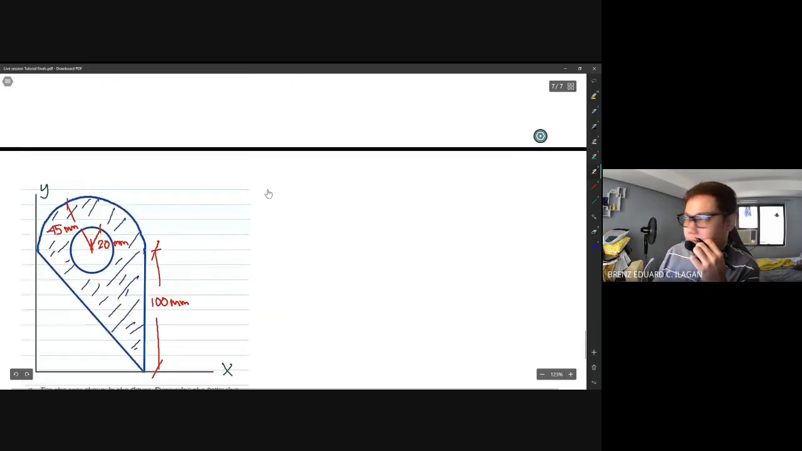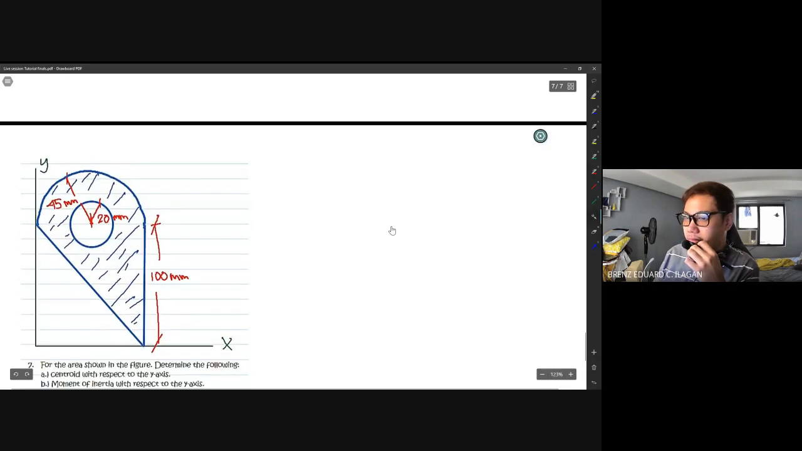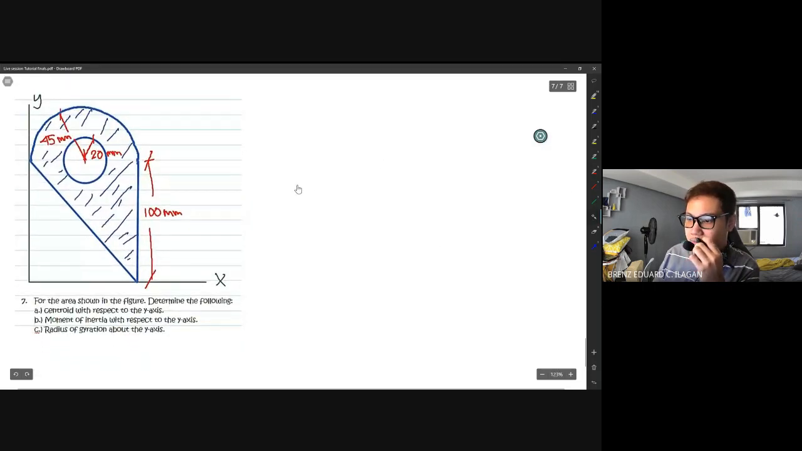So last will be the moment of inertia. So guys, what's asked here is with respect to the y-axis. So we don't need to solve for the centroid of the composite figure. But,